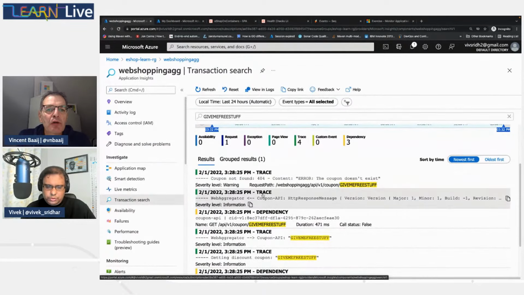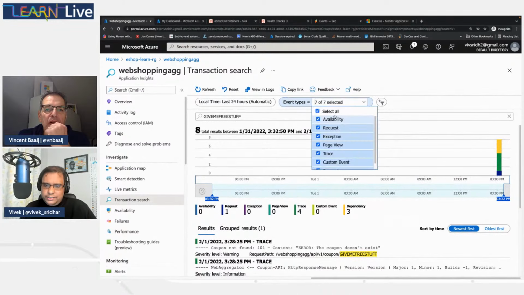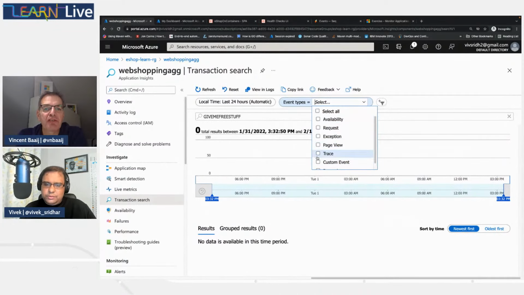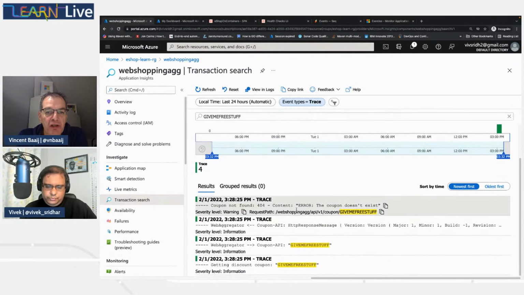If you go to the top of the bar where you can filter with the local time and the event types. Oh, okay, got it. So now all the events are selected, and if you just want to see the traces, then you actually see 4 of them. And what you can see in these results on the bottom is